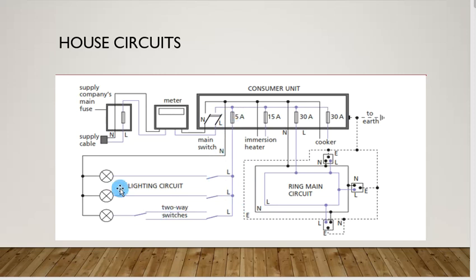Take note that the lights or bulbs are connected in parallel, so that this one is independent from this one and that one. That's the advantage, and it also makes sure that they have the same voltage across them. Each light can be switched on with its own independent switch, and take note also that the switch is placed along the live and not along the neutral. We shall talk about that later.